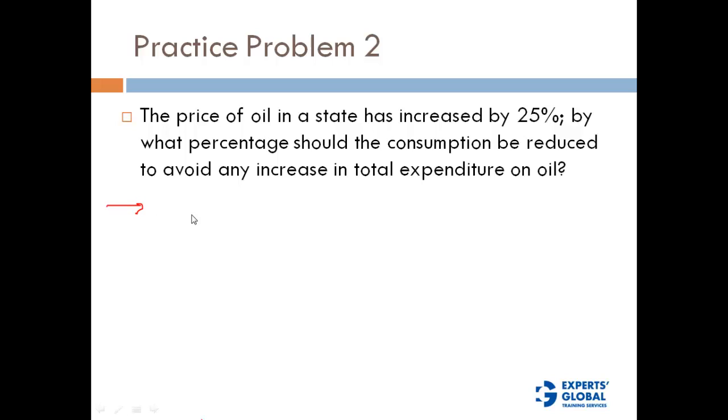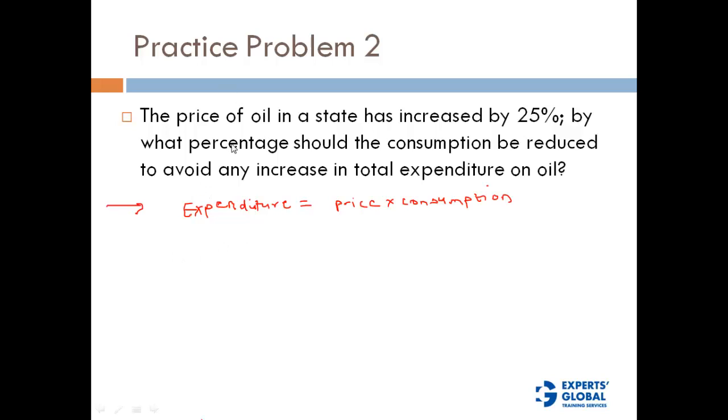Okay, let's look at the fundamental relationship between the price of oil and the consumption. So the formula we can use here is pretty common sense. Expenditure is going to be price into consumption, right? So let's say if the price is $1 and I consume 5 units, it's going to be $1 into 5. My total expenditure is going to be $5 that way.